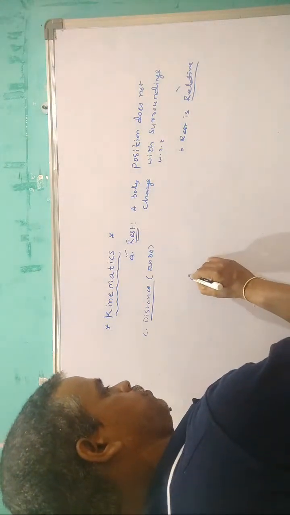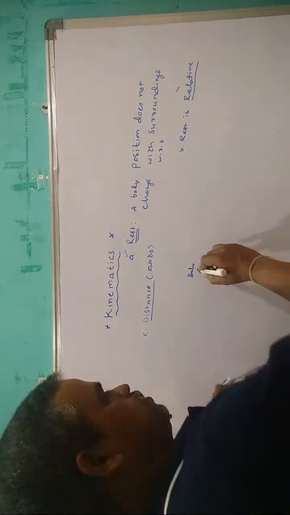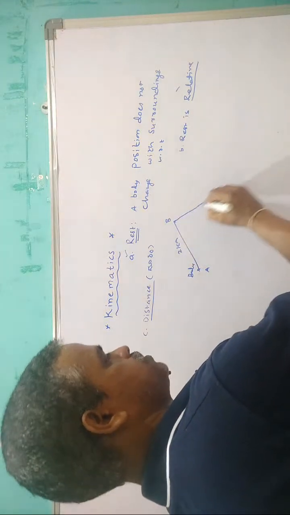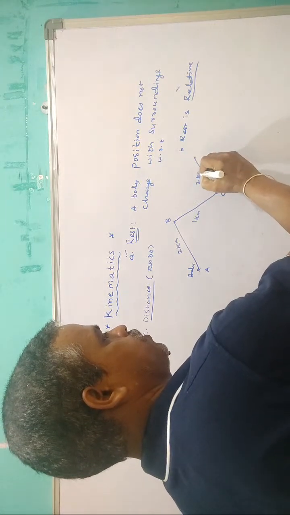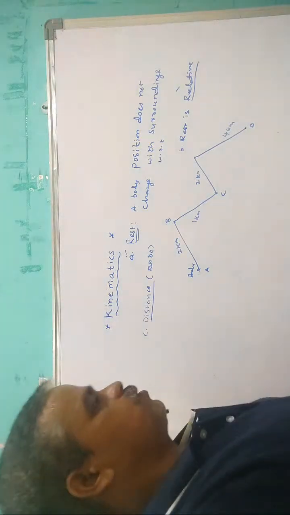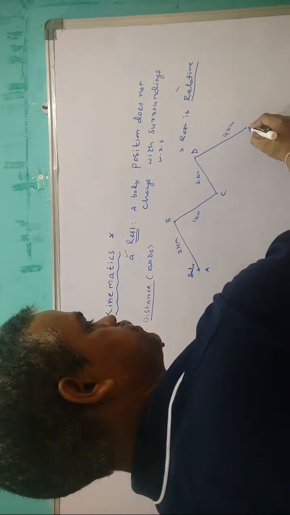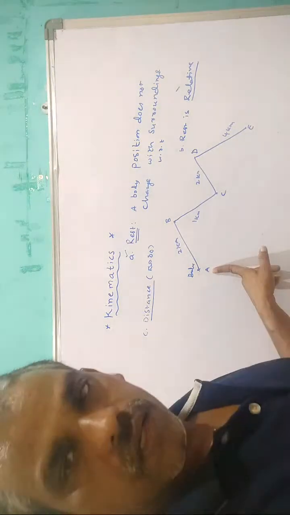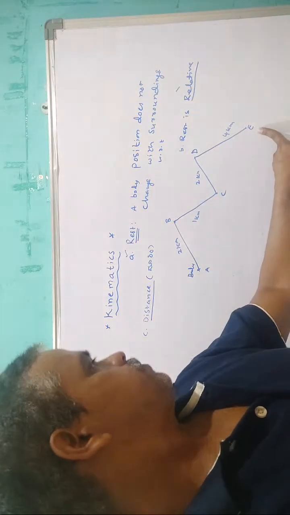See, Balu started here, then walked towards B 2 kilometers, then C 1 kilometer, then D 2 kilometers, then 4 kilometers to E. See, my question is, you put this point D, then here it is E. See how many points are reached. Balu started walking at A, then went to B, then C, then D, then E.